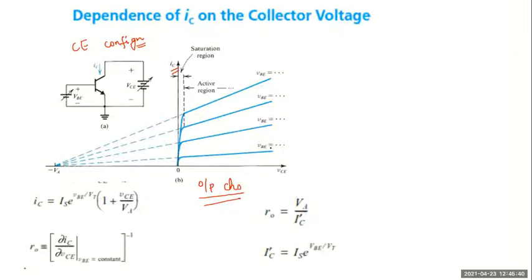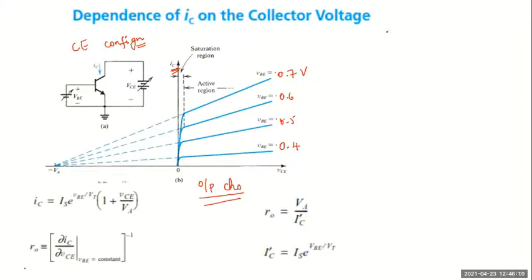As we vary the VBE value, the base emitter voltage, forward bias voltage, as it increases, I'm going to get larger values. Say this is for 0.4 volts or something. This is 0.5 volts, 0.6, 0.7 something. So as VBE increases, the value of collector current IC also increases. Okay.